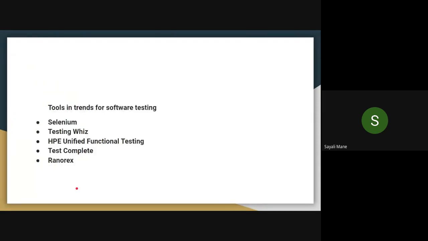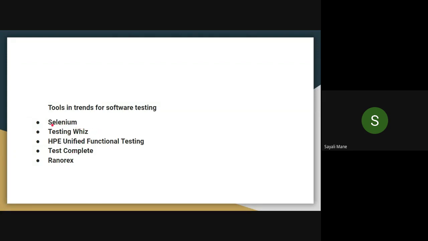Now we'll see the tools for software testing. For testing we have some tools, and with the help of those we test the software. Now a product or a project is not in one form. Suppose it is not only a Java project. There will be lots of projects with multiple languages, multiple components, and multiple configurations. So as per your requirements, you can use the following tools to test the software.